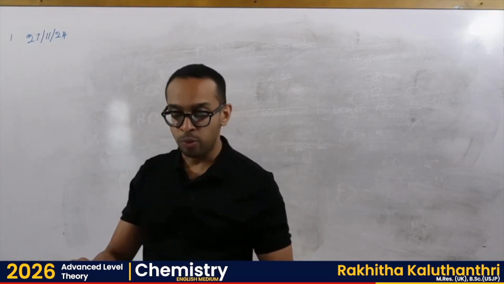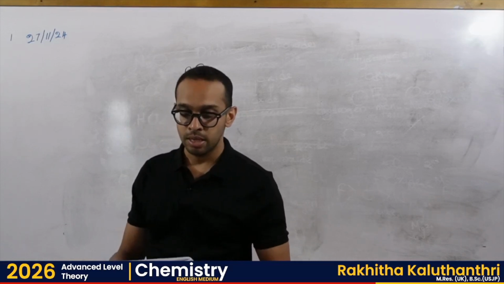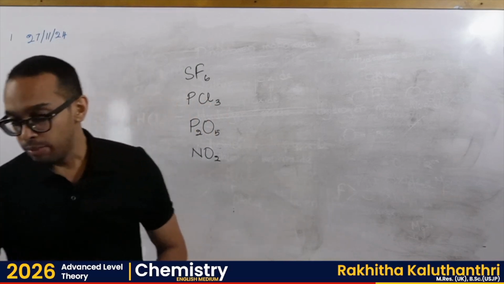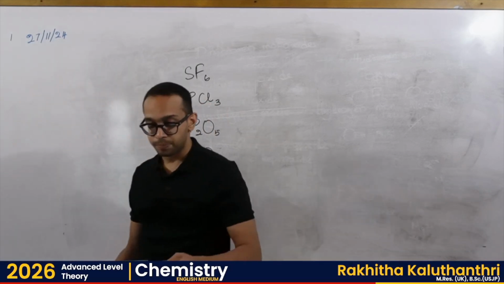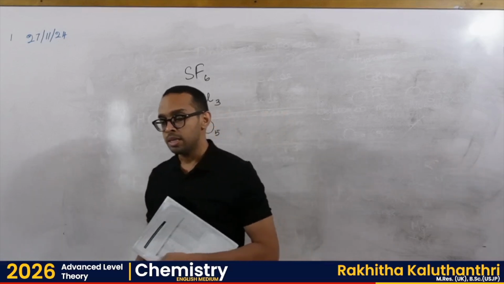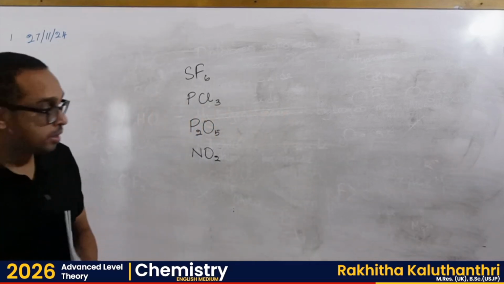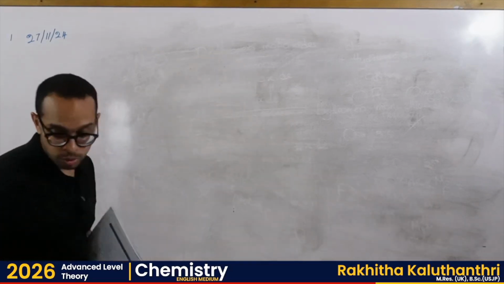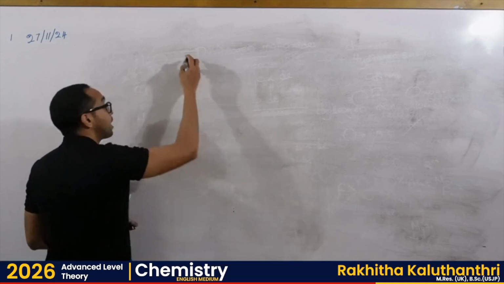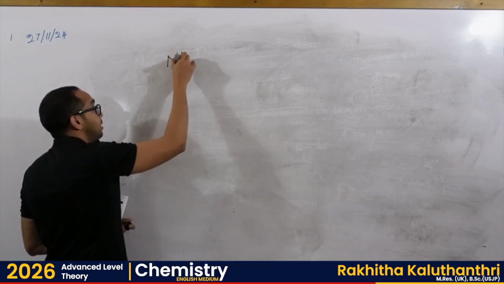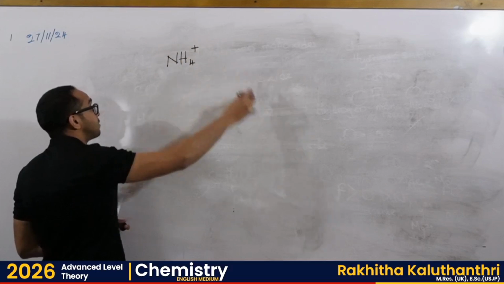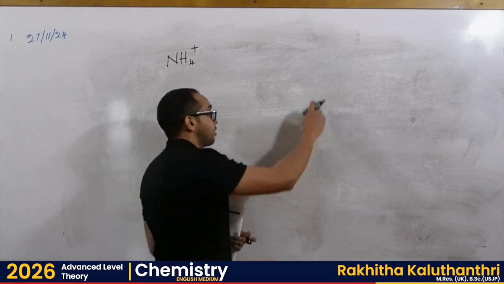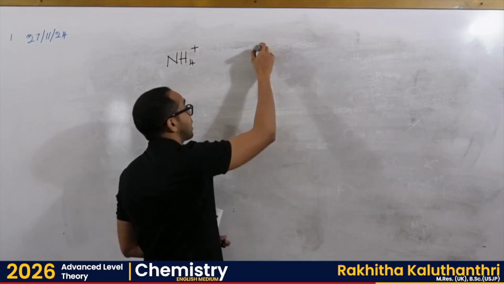Then we move on to naming of polyatomic anions and polyatomic ions in general, because there are polyatomic cations as well. When it comes to polyatomic ions, one thing you need to understand is when atoms are bonded together. This is very crucial to understand. Very rarely do we talk about positively charged polyatomic ions. We only have the ammonium ion, and then a whole lot of polyatomic anions like